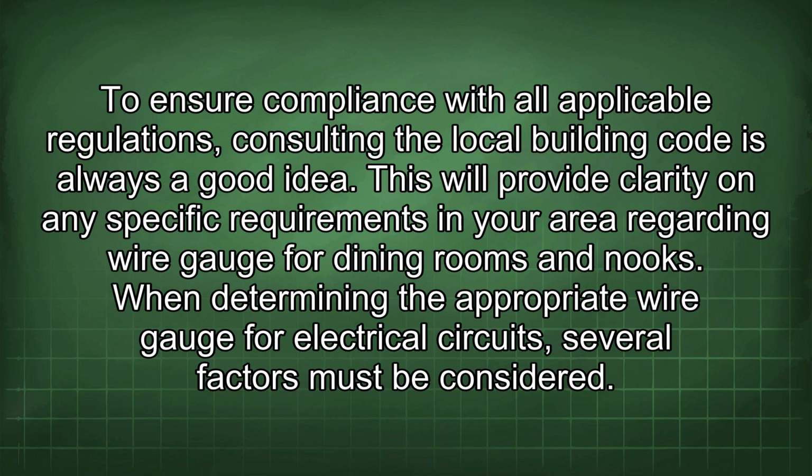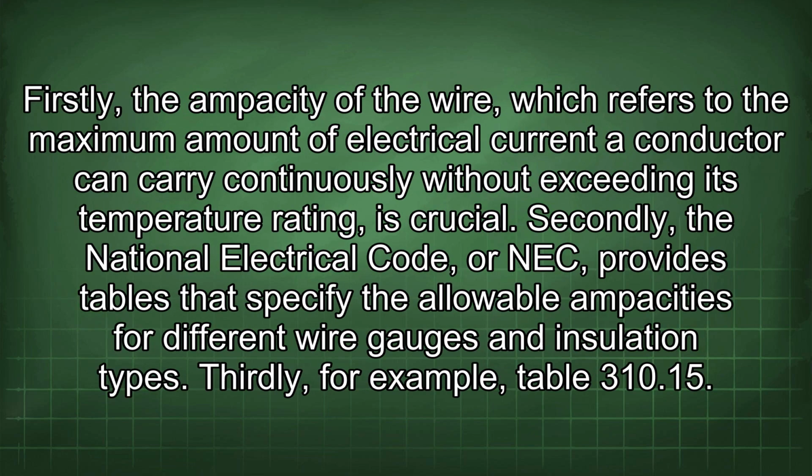When determining the appropriate wire gauge for electrical circuits, several factors must be considered. Firstly, the ampacity of the wire, which refers to the maximum amount of electrical current a conductor can carry continuously without exceeding its temperature rating, is crucial. Secondly, the National Electrical Code, or NEC, provides tables that specify the allowable ampacities for different wire gauges and insulation types. Thirdly, for example, Table 310.15